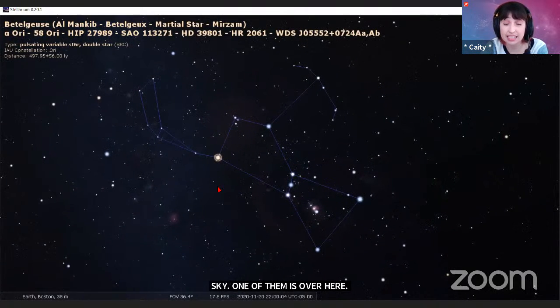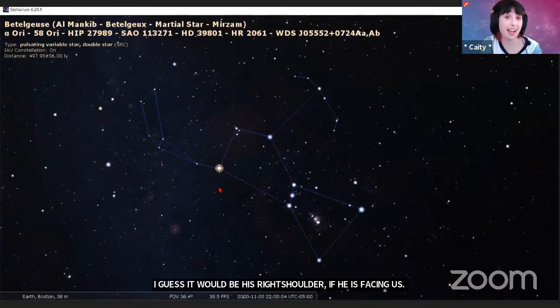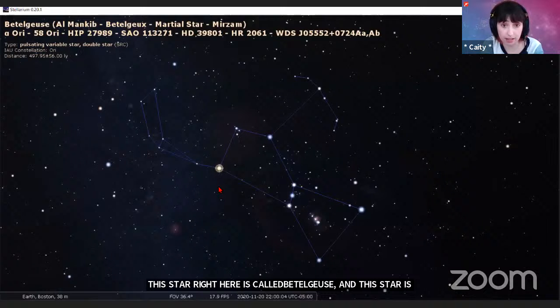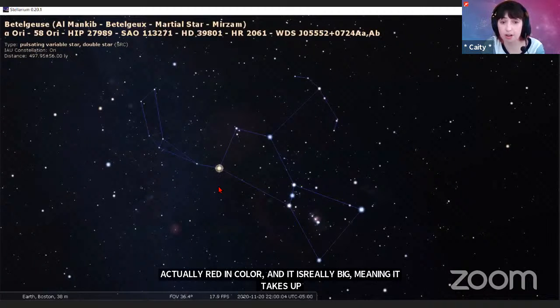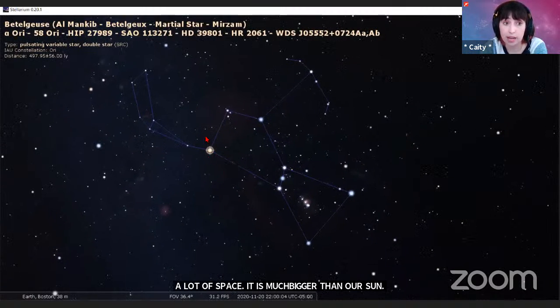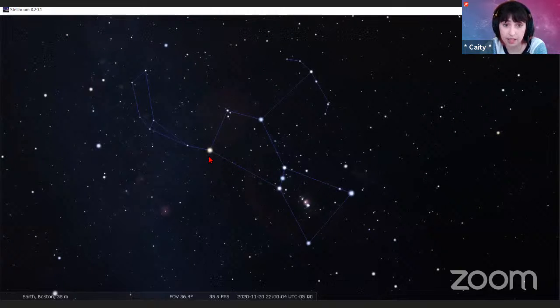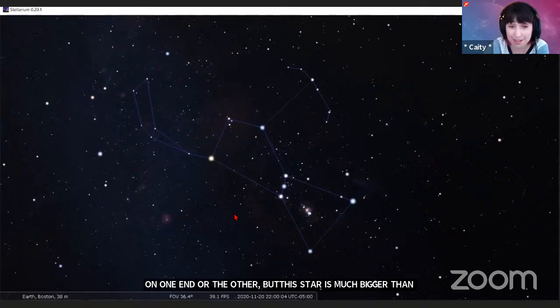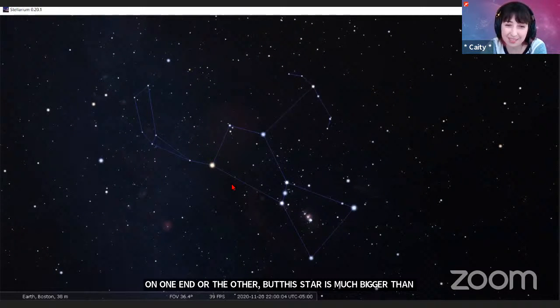And this star is a red supergiant. So it's actually red in color, and it's really, really big, meaning it takes up a lot of space. It's much bigger than our sun. Our sun is an average star, so it's not particularly extreme on one end or the other. But this star is much bigger than our sun, and it has a reddish color to it. And the name Betelgeuse actually translates to armpit of the giant, which is pretty appropriate for its placement in this